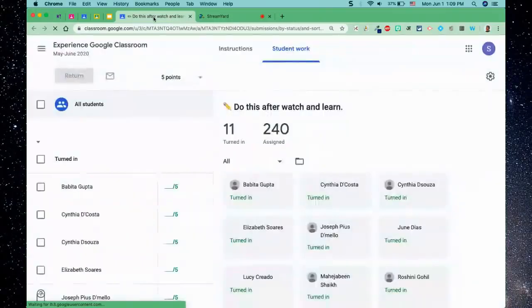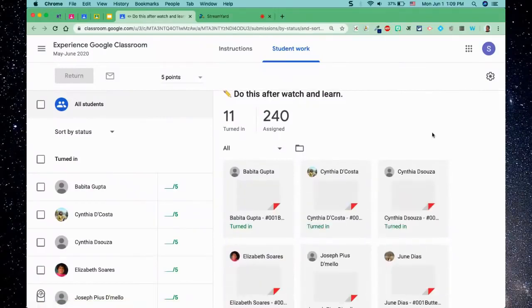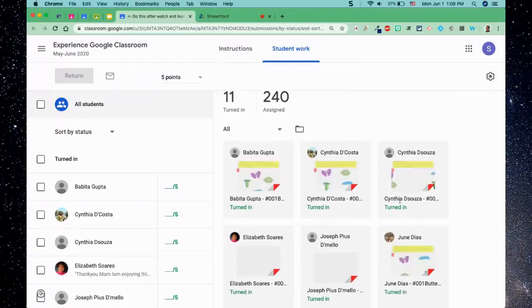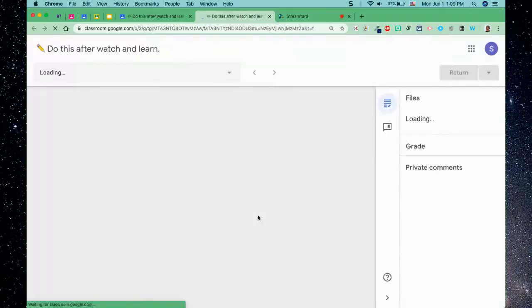So I'm going to just open that assignment. This is how the assignment looks when students have turned it in. So at a glance, I'll be able to see the files. I'll be able to open each one of these files and then assess it as well. So I can click open one file, and as I open one file, I'll be able to then grade them